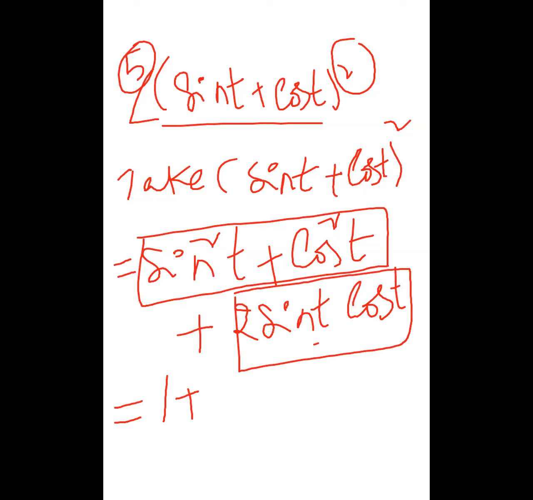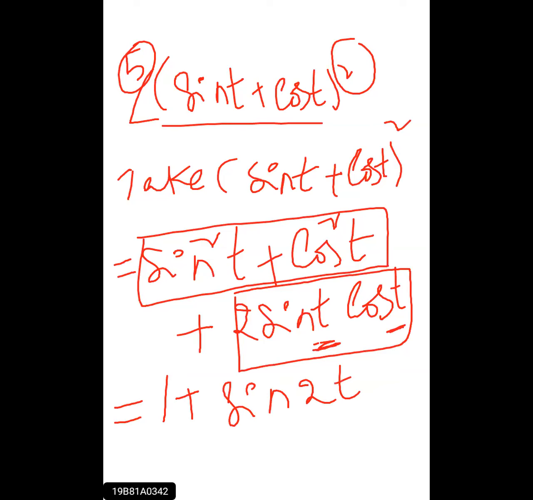In a previous problem we already used the sin A cos B formula. Observe that here the sin angle and cos angle are both the same. That's why we take 2 sin A cos A, which equals sin 2A. Here the angle is t, so replacing A by t, 2 sin t cos t equals sin 2t.